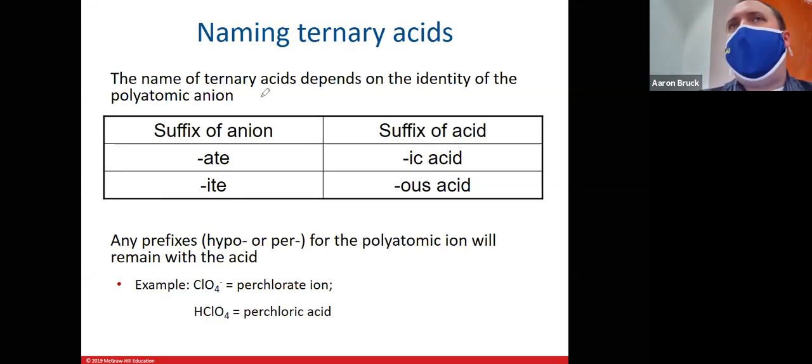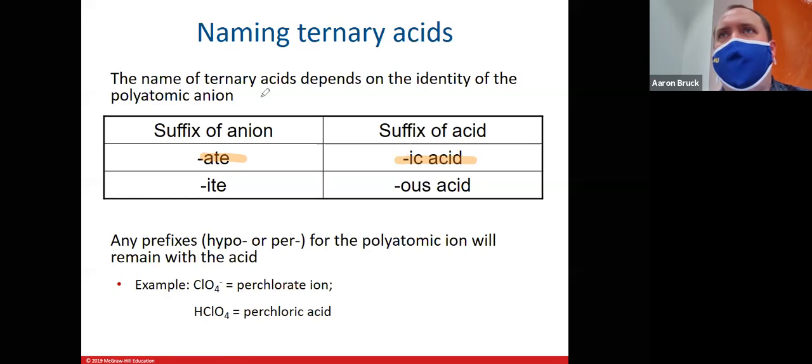Because we're dealing with polyatomic ions involving oxygen, we know that all of those polyatomic ions are either going to end in -ate or -ite. If they end in -ate, we change the name to -ic acid. So that sulfate ion that we were looking at in the previous slide, SO4, sulfate turns into